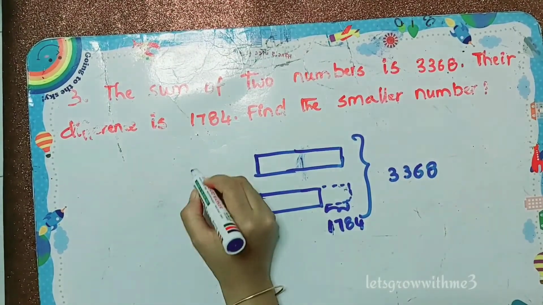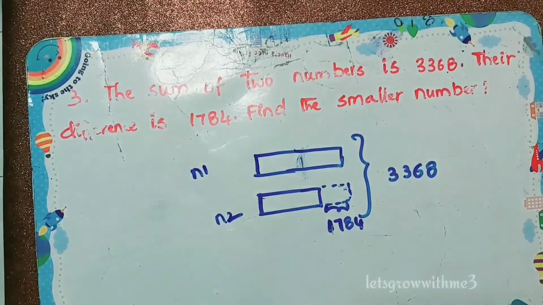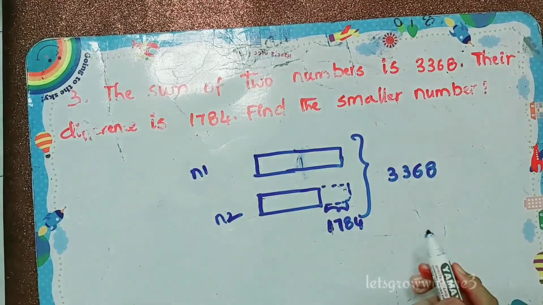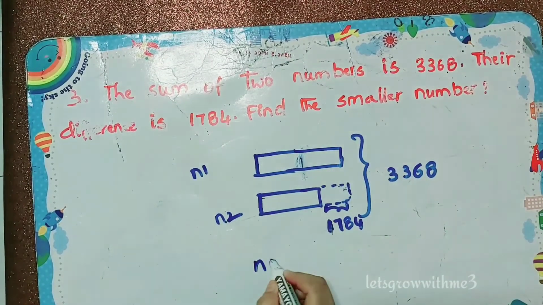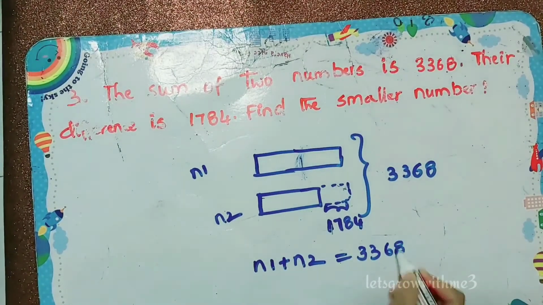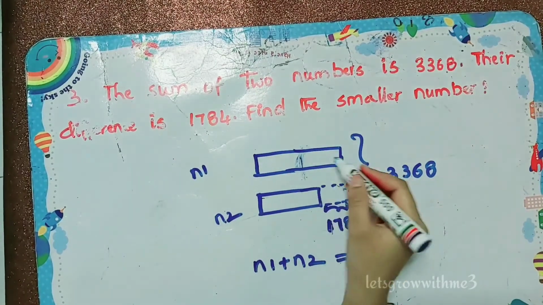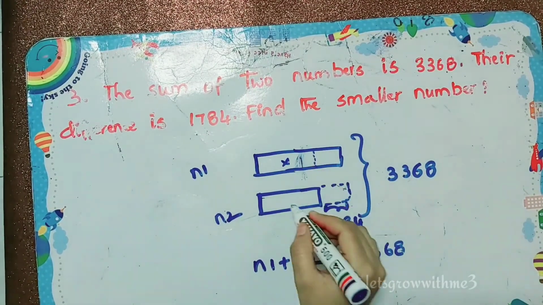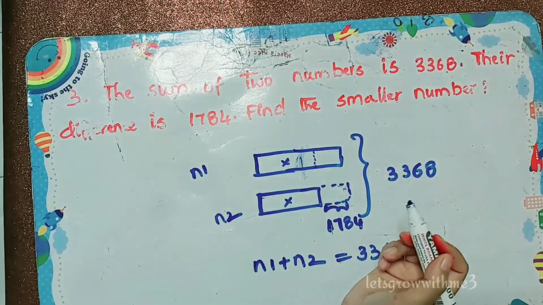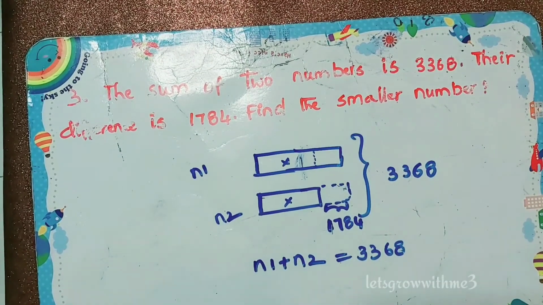What's the meaning of this statement? Somewhere they both have the same value. After that, one number has more compared to the other number, right? But we know one thing for sure, that when you add these two numbers, the total is 3368. So now we will add. Think that whatever they are sharing, that number is x units or x variable. Both are the same till x, so from here both are the same, which is x, and the leftover value is 1784.